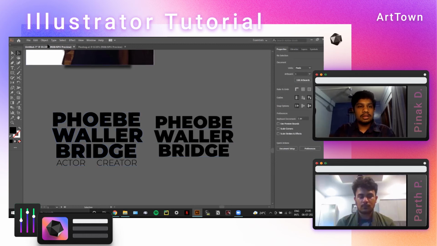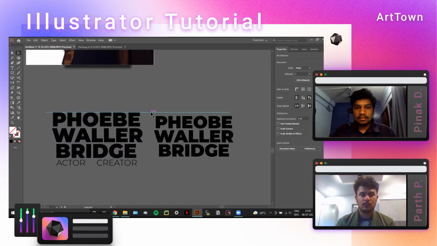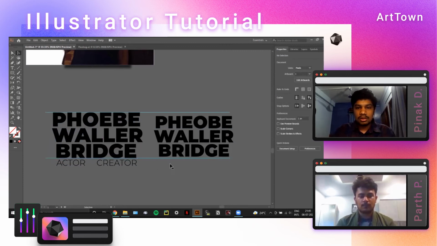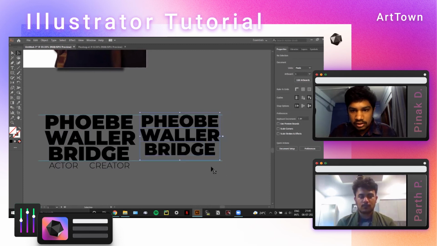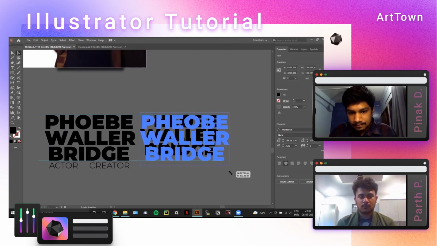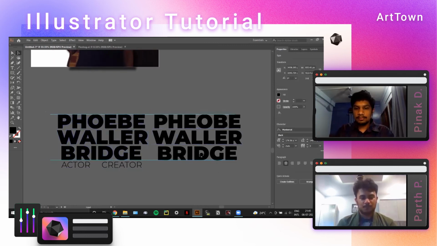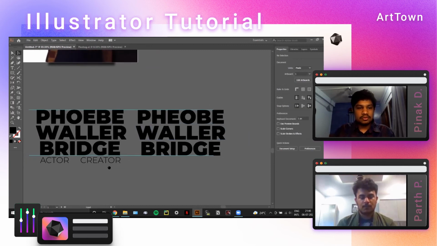So what I do is I take a line, I draw it, and I do Control 5, which now basically becomes a guide for me. What a guide does is basically let you make your own restrictions within which you fit your object. So now you get the perfect size which you want. So guides are basically used for that.